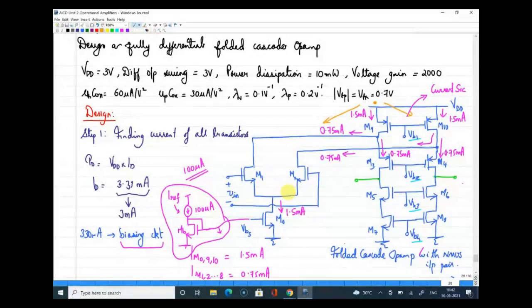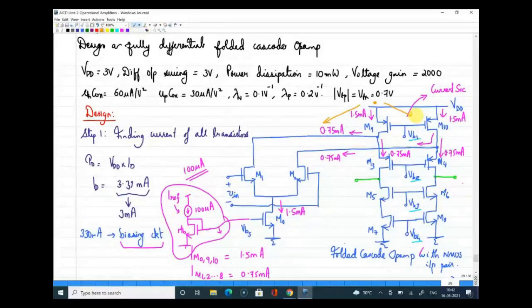Since the output swing at one cascode branch is 1.5, the rest of the 1.5 I can easily allocate to the rest four devices. If I look at the left hand side, from here to this point you have VDD voltage, and M9 and M10 I will be assigning some voltage. Remaining voltage is available, so I can assign M1 and M2 lavishly, rather than doing overdrive assignment for the cascode branches, because the number of transistors is also less on that side.